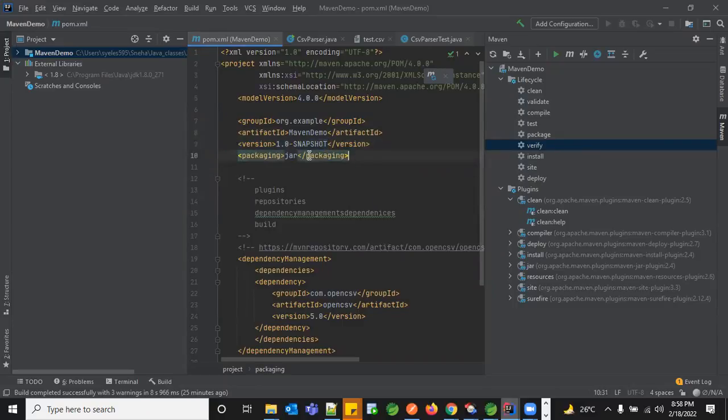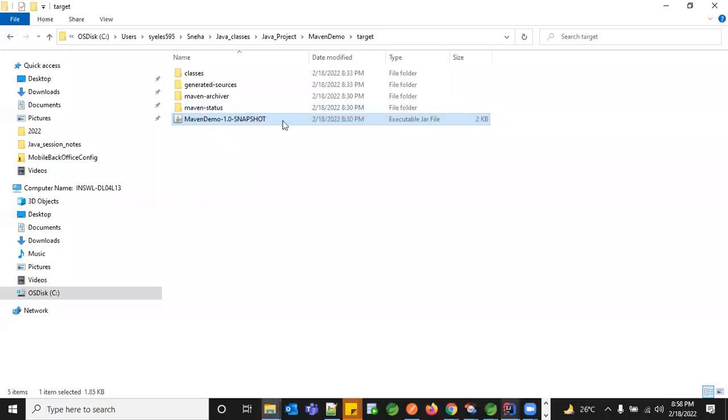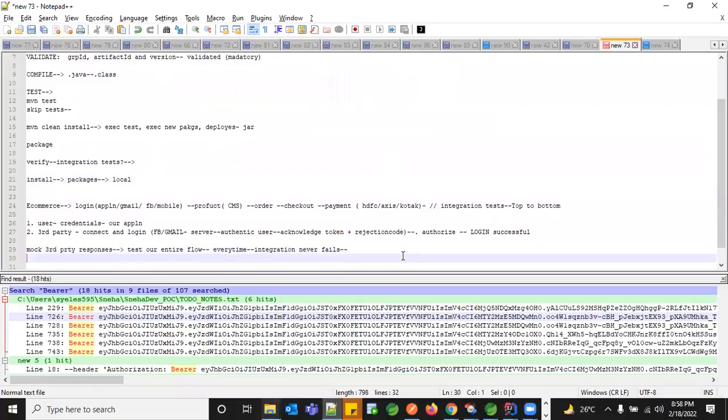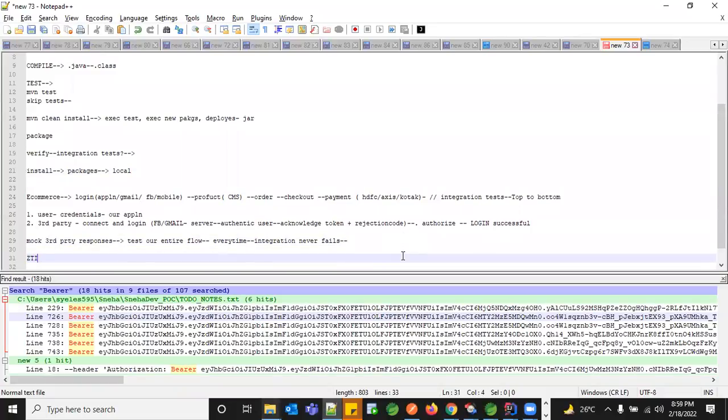But if you're planning to move this as a release version, then you can update your version as release and you can build your jar as per that. So whatever naming convention you want and your industry is expecting, you can have the relevant versioning here. And once your jar is available, how we deploy to the servers is, we either take this jar and give it to them, or there's something called Nexus. There are a few artifactories which are available.